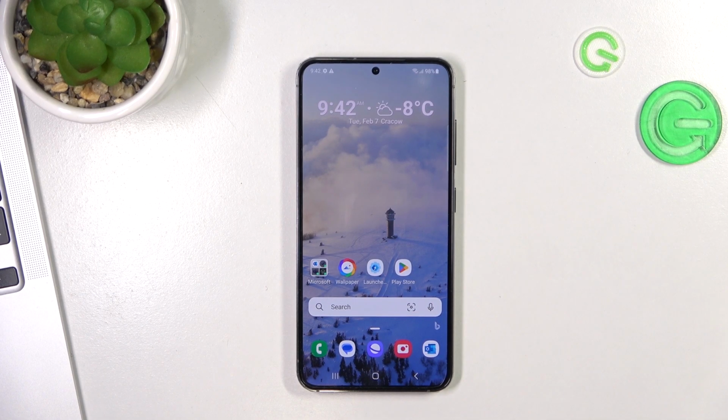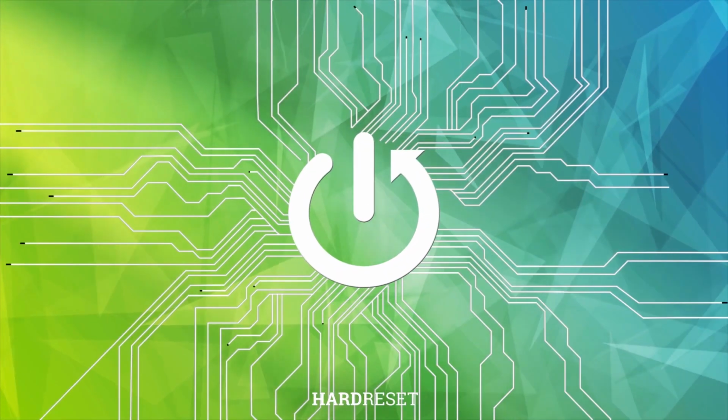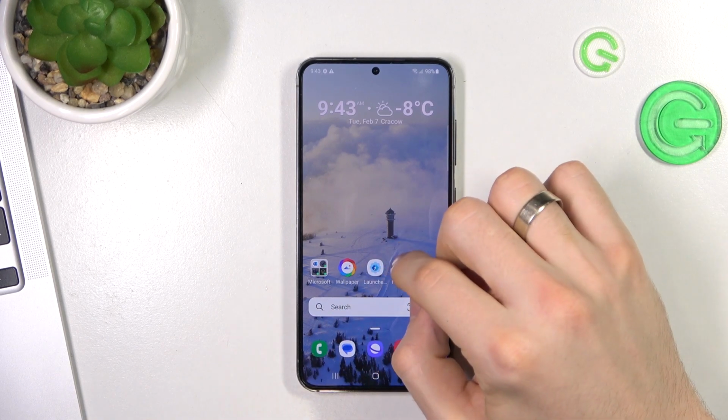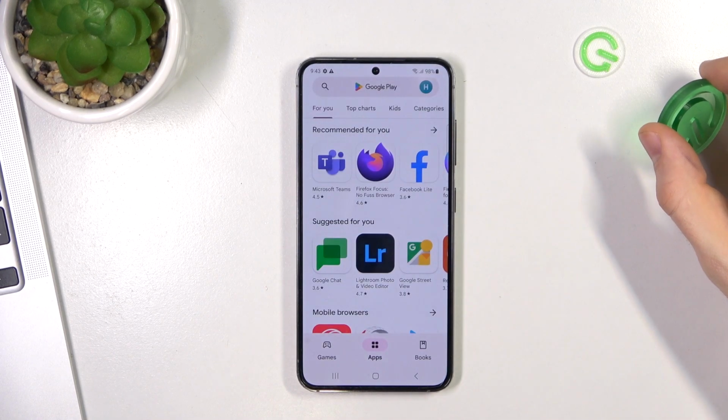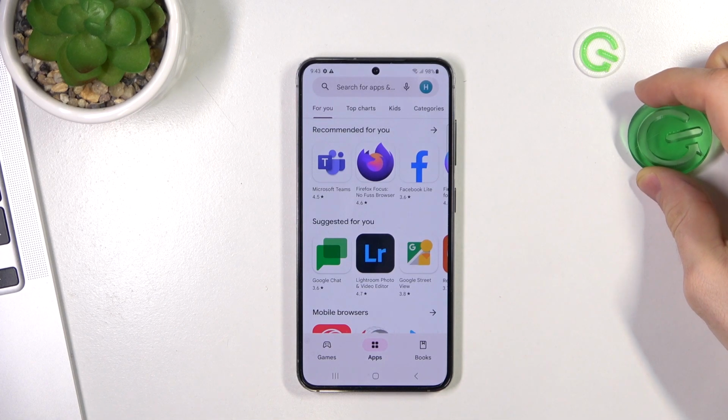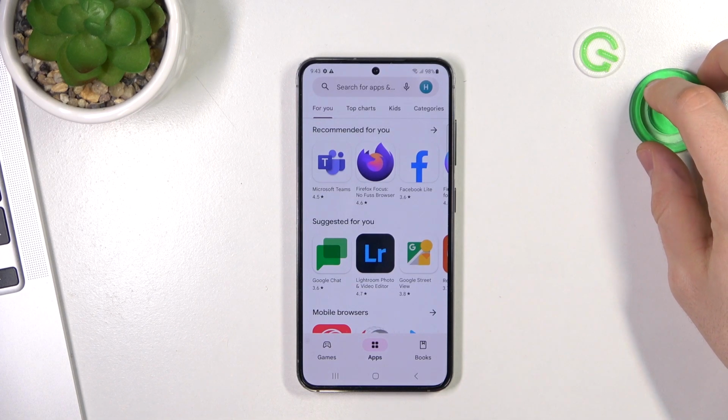In front of me is a Samsung Galaxy S23, and now I'm going to show you how to record calls on this device. So, firstly, you need to install a third-party application because there is no way to record calls using the standard phone application